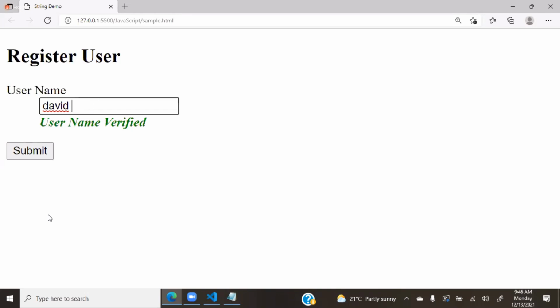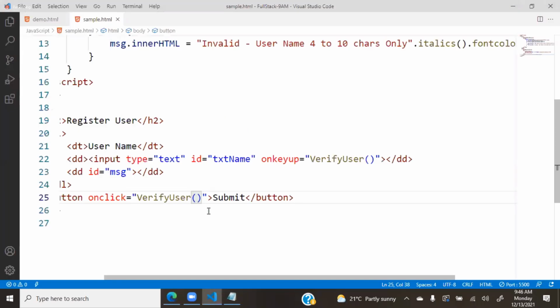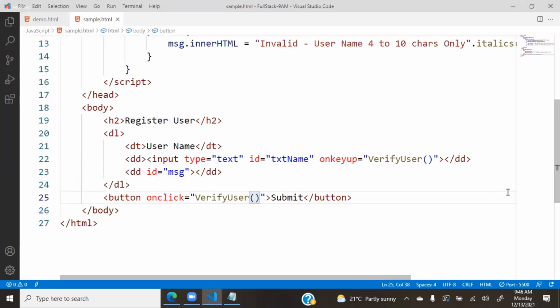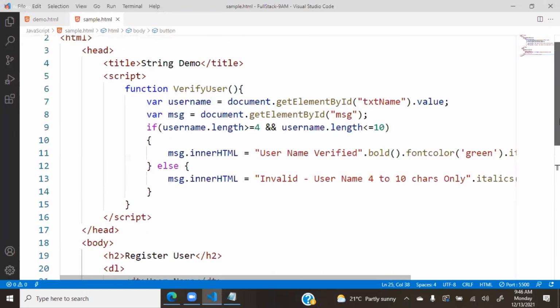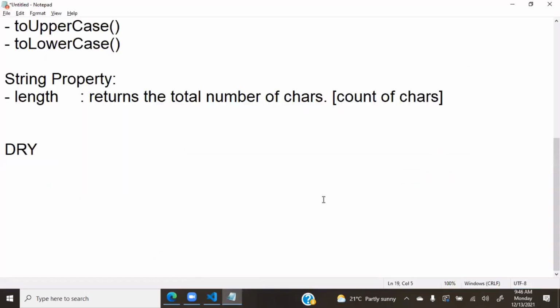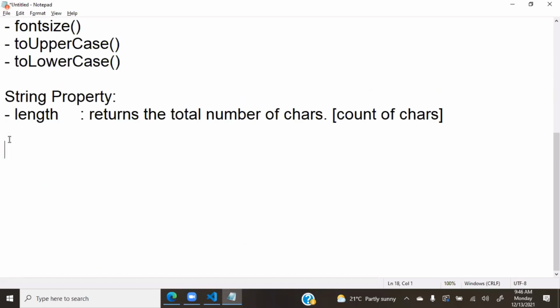So it will verify on both situations. That means while typing itself, it will verify, and on submit click also it will verify. But anyone is enough actually. Sometimes both we need, depending on the situation, but we don't rewrite. We just point towards the same functionality here. So here you have seen 2 things: how to find out the length and how to apply the